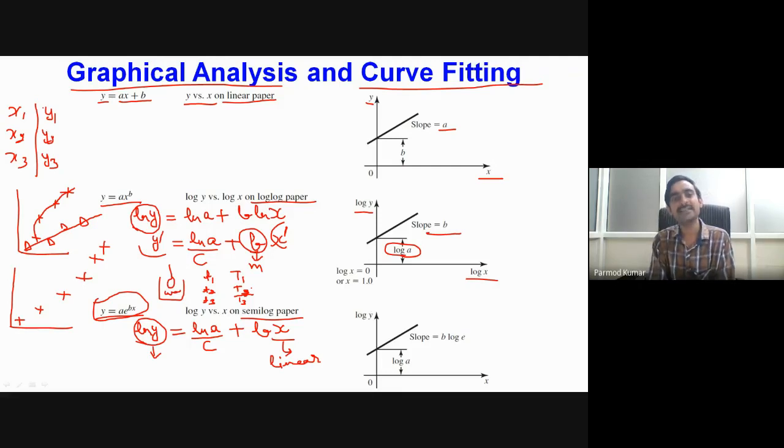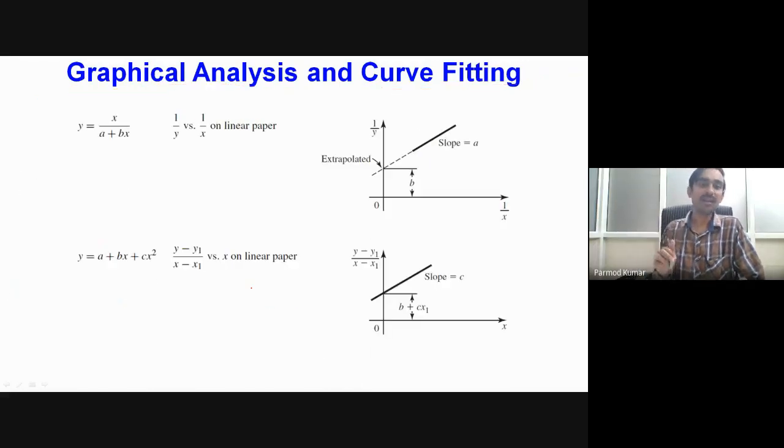So in that case, if you are doing this type of experiment, it is always better to plot the value of temperature on a semi-log paper as function of time. Okay, so this is a physical example where you can do this experiment and you can plot your data on the semi-log paper and you can confirm whether you are getting this linear trend on the semi-log paper or not.